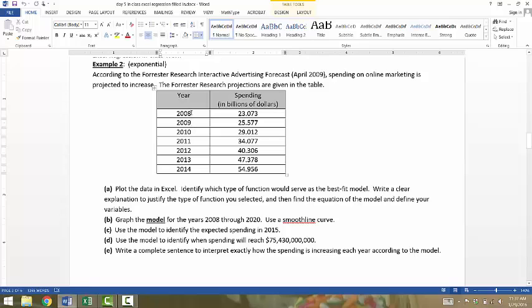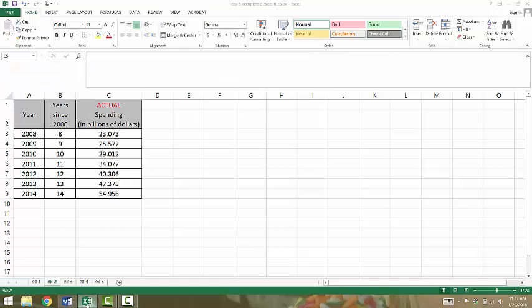I'm going to go ahead and align my data based on the year 2000. So I'm going to say X represents the number of years since 2000. So this 2008 will be represented by X equals 8, and 2009 will be X equals 9. So in Excel, I have copied that table, and I have inserted this aligned data for the X's, 8, 9, 10. Make sure you always do align your inputs so that you're not plugging in gigantic X values like 2008,